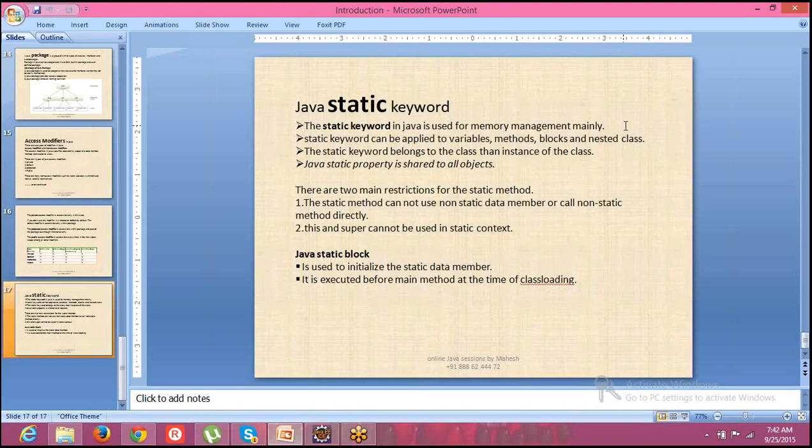We can apply it to variables, methods, blocks, and nested classes, which means we cannot apply it to the remaining things. Is it not?